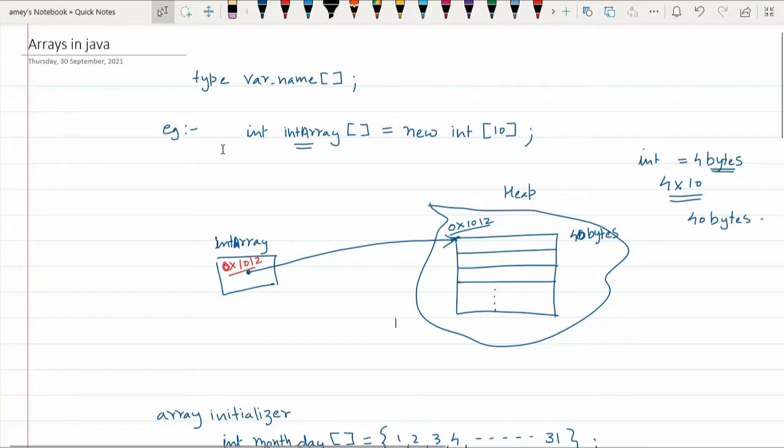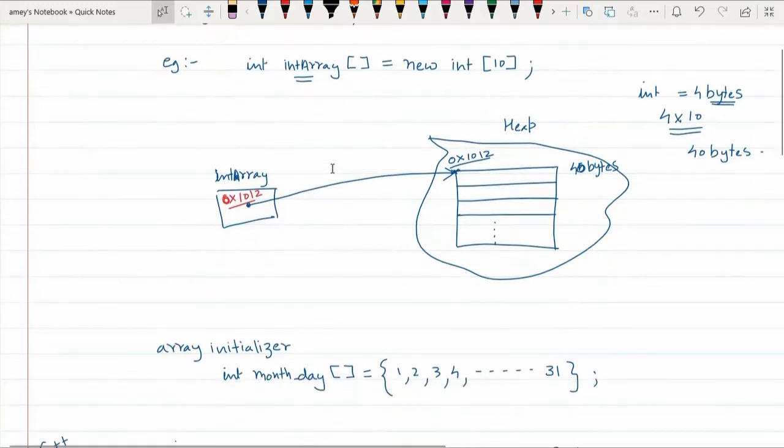What kind of array? An integer array. This part does not create any array, it is simply a reference name given to a contiguous location that may later on fill up with the integer elements, which is nothing but the array.